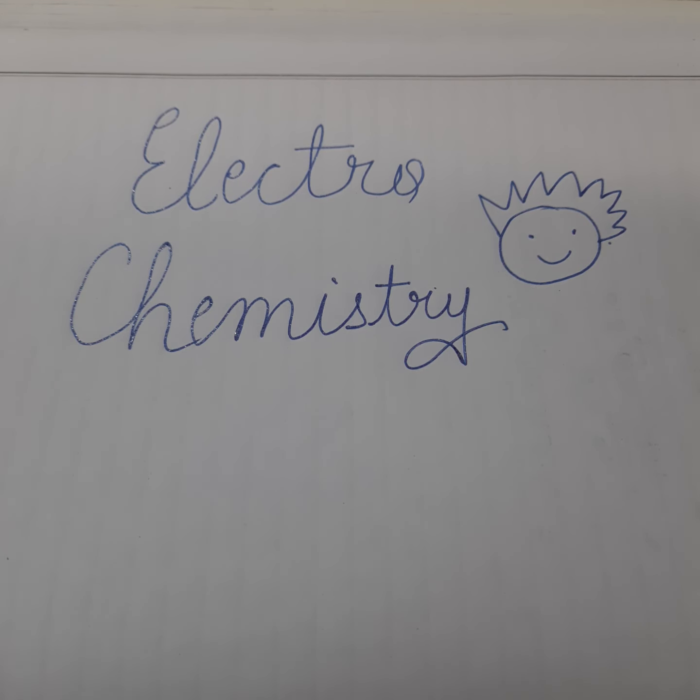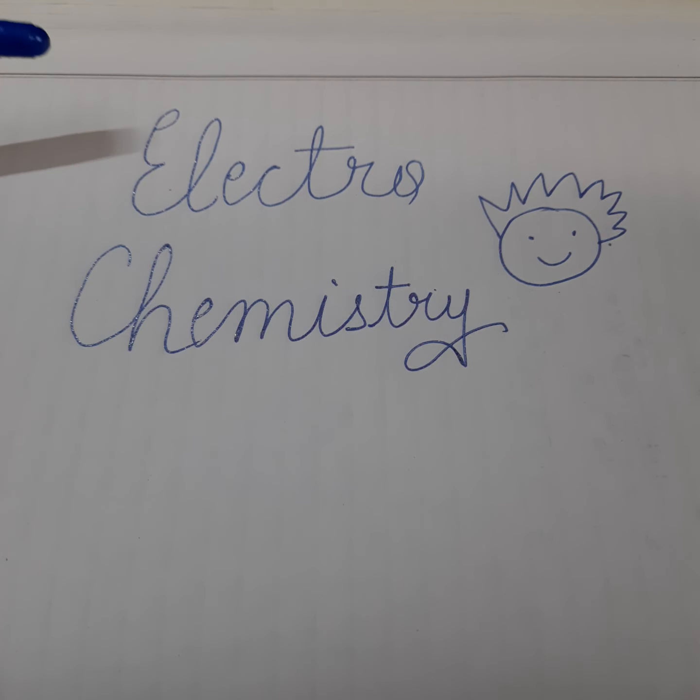So let's start, students. Basically, you see here that I'll split electrochemistry into two parts, right? Electro and chemistry. In electro, we discuss the electric current and electron flow, and in chemistry we discuss the chemical reactions. So when we combine electric current plus chemical reactions, they are commonly known as electrochemistry. So now, students, let's begin without any fail.